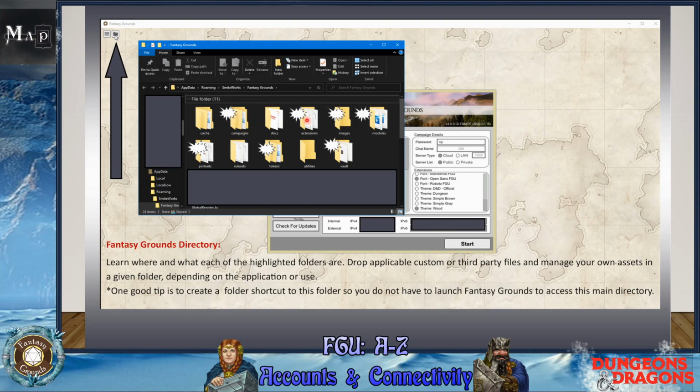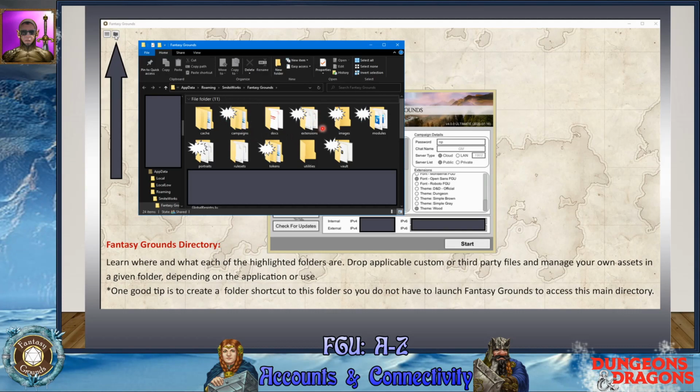You have an extensions folder. This is where all of the extensions will go. If you load them in there first, and then you start Fantasy Grounds, they'll show up. If you add them while Fantasy Grounds is running, your extensions or your modules will not show up. So you have to shut down Fantasy Grounds, add your extensions or your modules or anything you want to change, and then load Fantasy Grounds. Make sure that you restart Fantasy Grounds and then they will show up if you put them in the right directory.